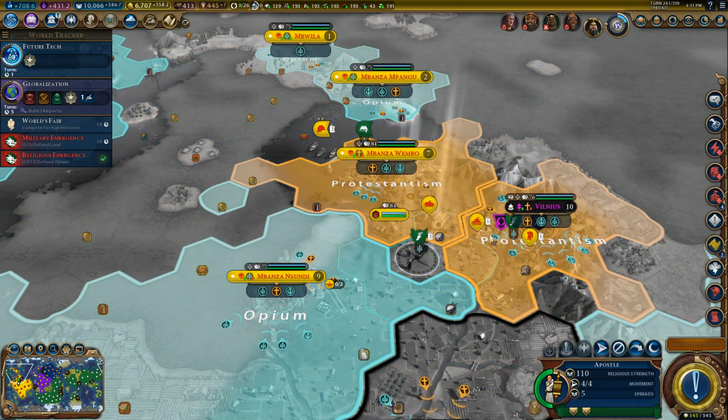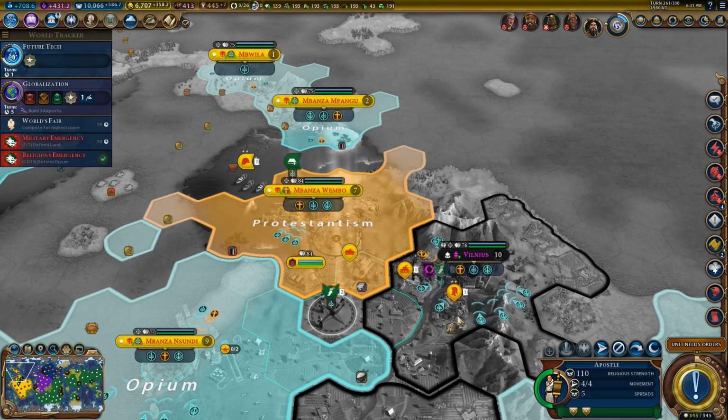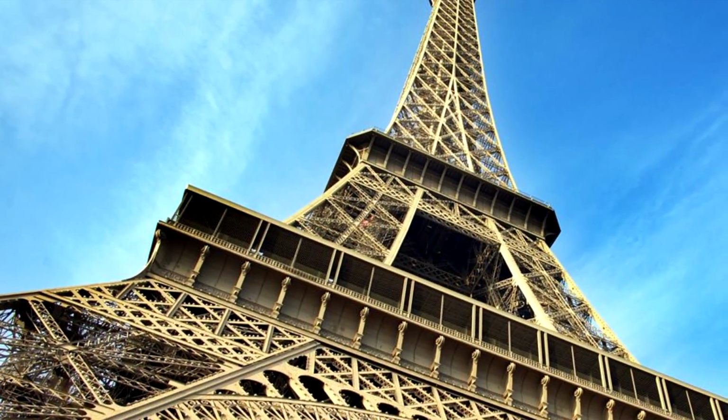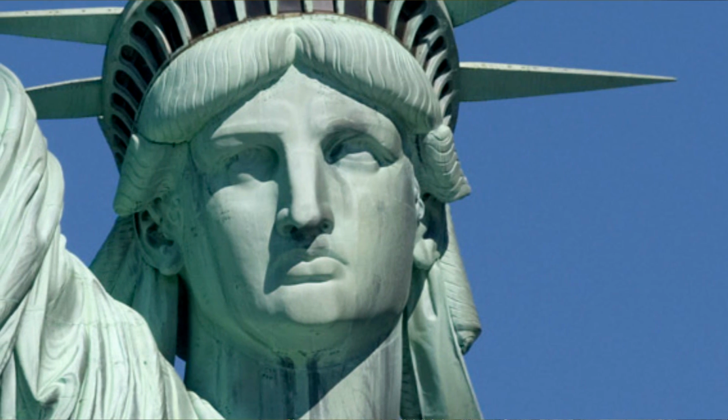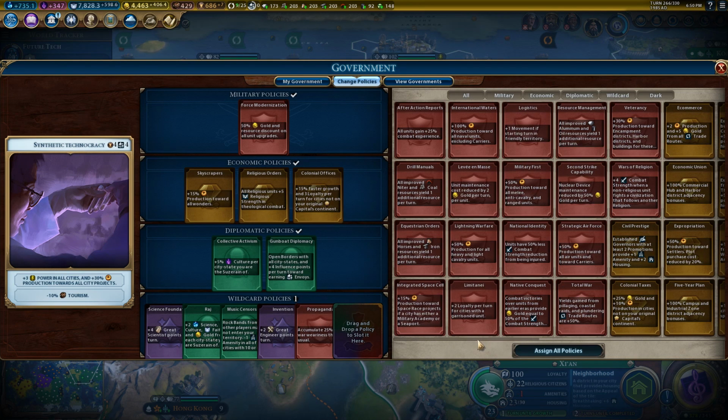I'm not even really bothering to direct my cities anymore. I literally don't need to produce any more units or buildings to win the game. Well, I mean, except for wonders, of course. You can never really have enough of them. We've embraced synthetic technocracy as our new government form because all I really want in life is a scientific council dedicated to the study of opium. Also holy wars, because